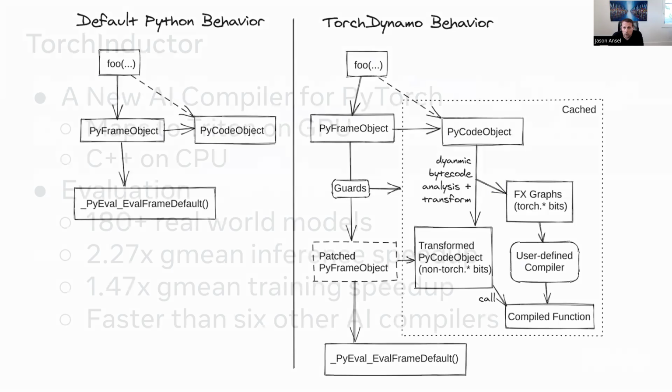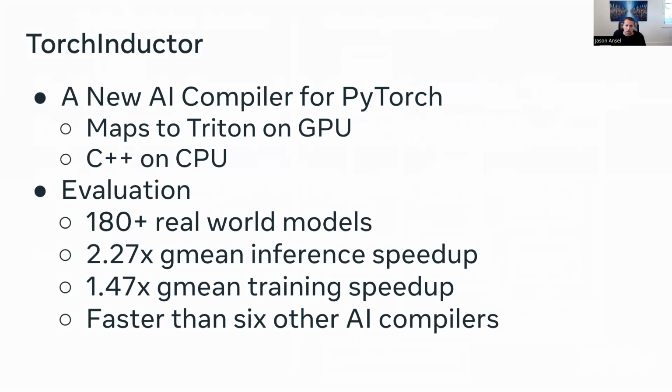The second key technology is Torch Inductor. Torch Inductor is a brand new AI compiler that's included with PyTorch, and it's the default backend for Torch compile. And what it does is it takes your PyTorch program and it maps it to Triton on GPUs and C++ for CPUs. And the evaluation includes 180 real-world models, and we show a 2.27x geomean inference speedup, a 1.47 geomean training